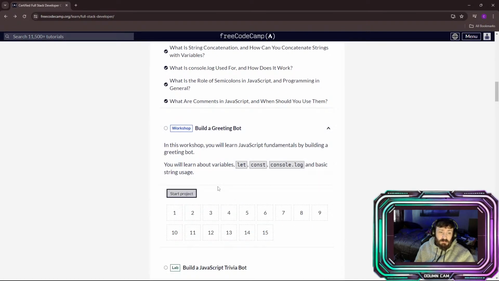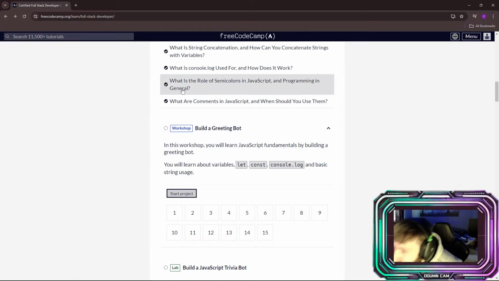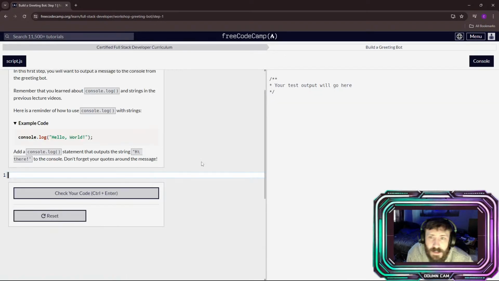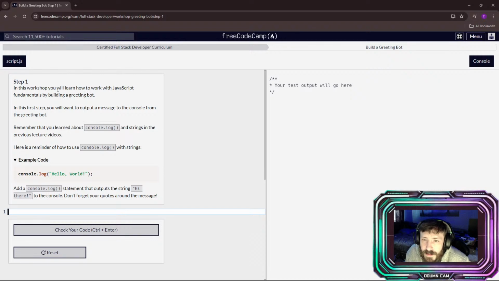Build a greeting bot. Okay, so in this workshop, you will learn JavaScript fundamentals by building a greeting bot. You will learn about variables, let, const, and so on. So it's probably just literally going to say hello. So, in this workshop, you'll learn how to work with JavaScript fundamentals by building a greeting bot. First step, you want to output a message to the console. Yeah, so literally,